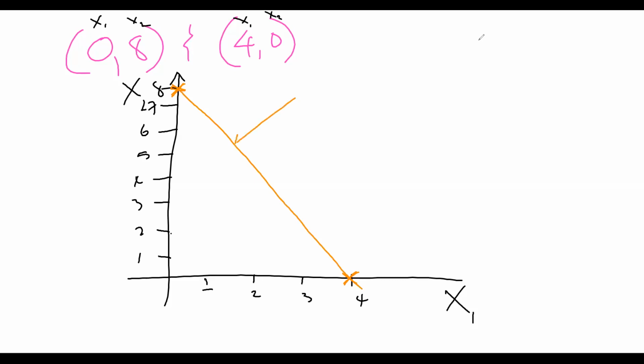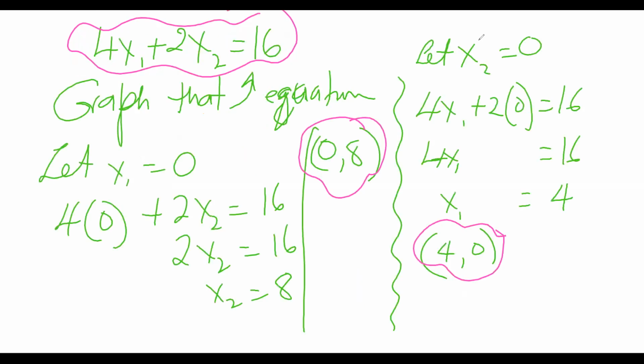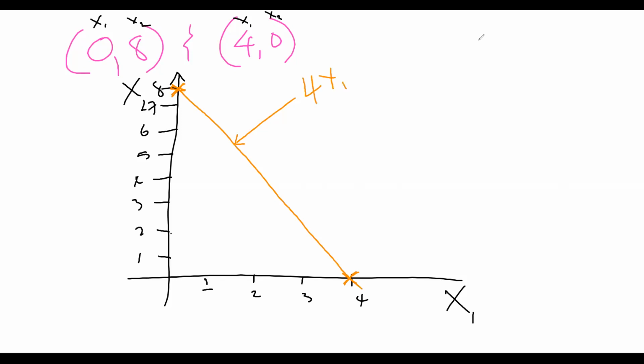This line is, what's the equation again? 4x1 plus 2x2 equals 16. Only the line is equivalent to 4x1 plus 2x2 equals 16. What does Miss Hewitt mean? It means that if I put a dot anywhere on this line and find what the coordinates are